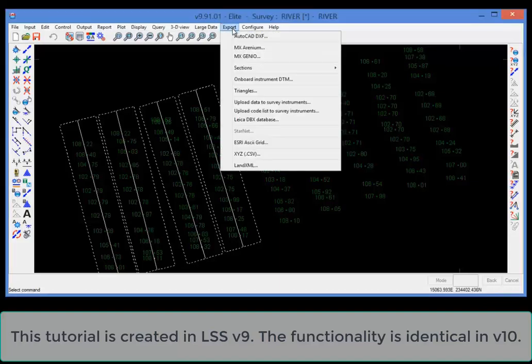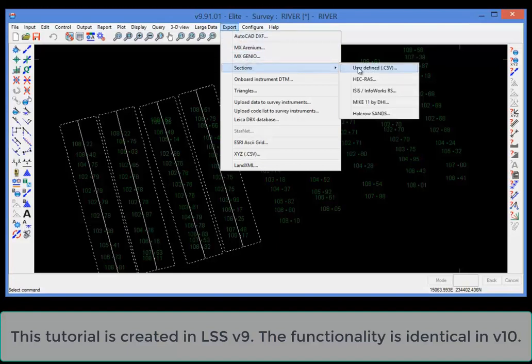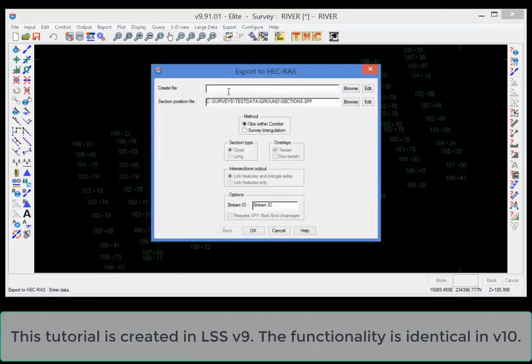Export, sections, HEC-RAS. We enter the name, and you don't need to worry about the .geo file extension because that will be added by LSS. We choose our section position file, and when it comes to calculating the position of the points in the section,